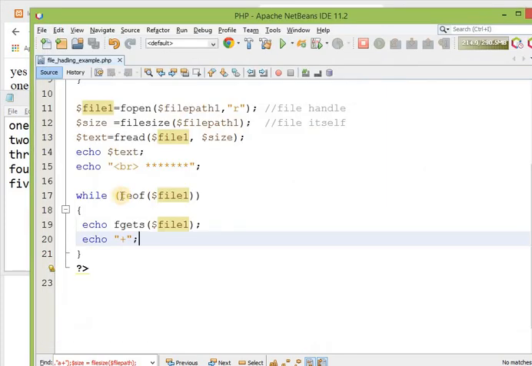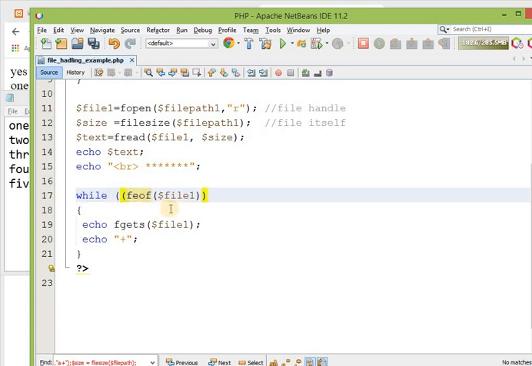Now there is one correction over here. I have to complement this. Now it is very important. This function will return true only if it is the end of file, but if I am reading the first line, then it is not the end of file, so it will return false.